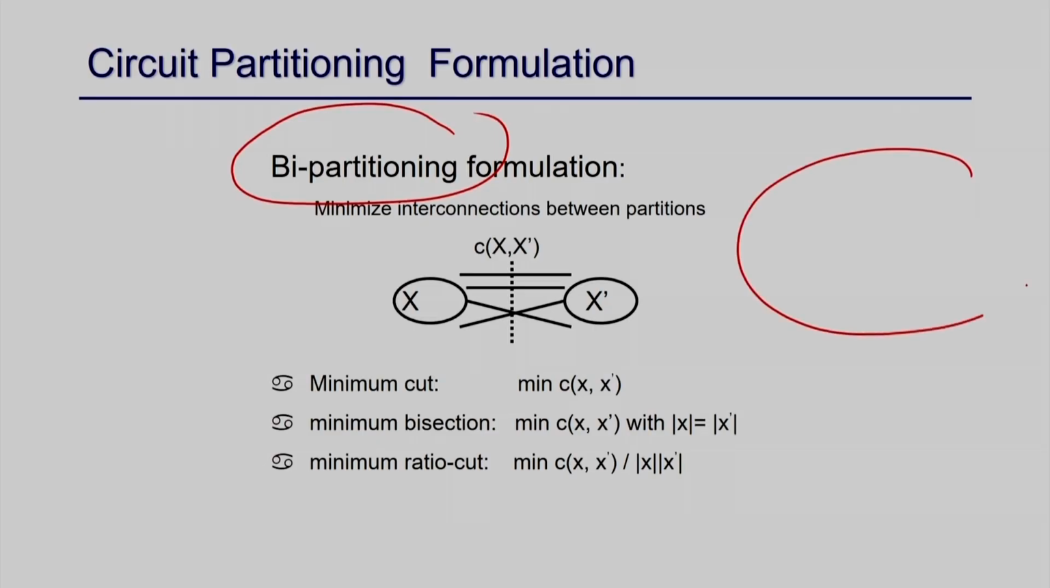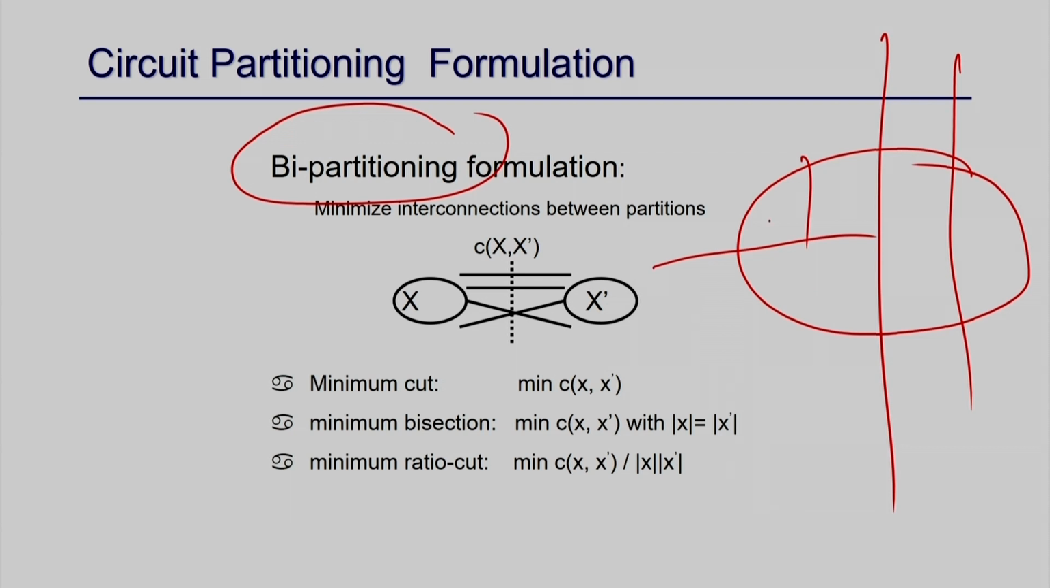So this is the whole circuit, I split it by 2, then this component again by 2, this component by 2, and this also by 2, and so on. This is what is called bipartitioning, where I partition the whole design recursively, right? And if I partition it into two components, x and x bar, and this is my cut,